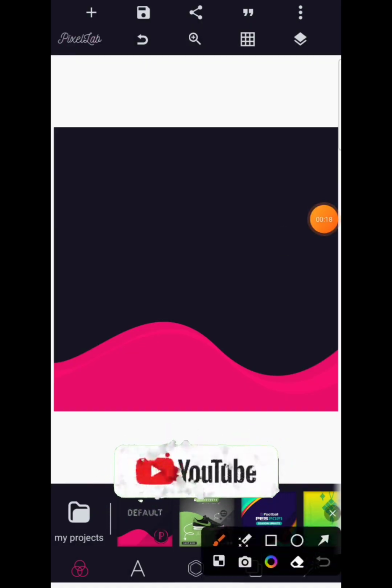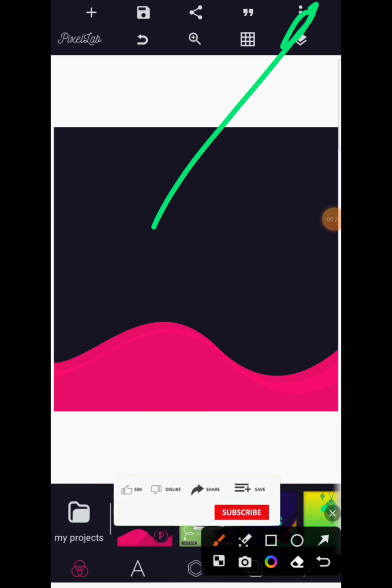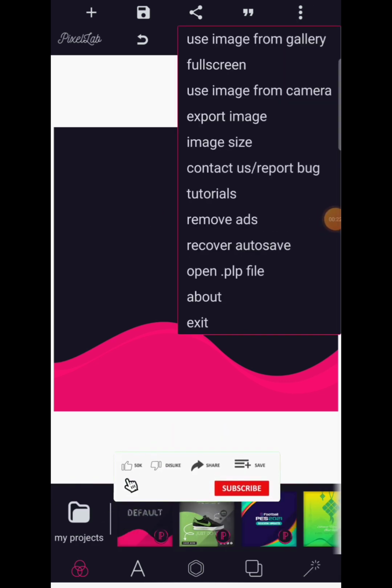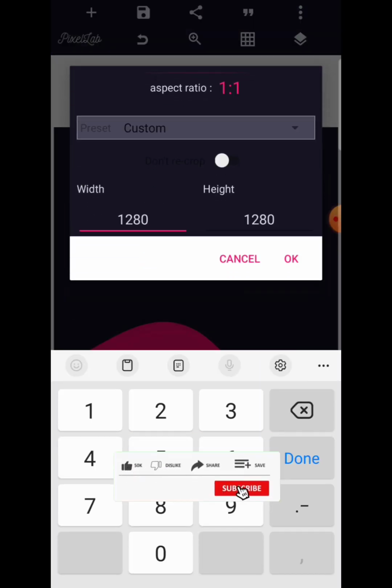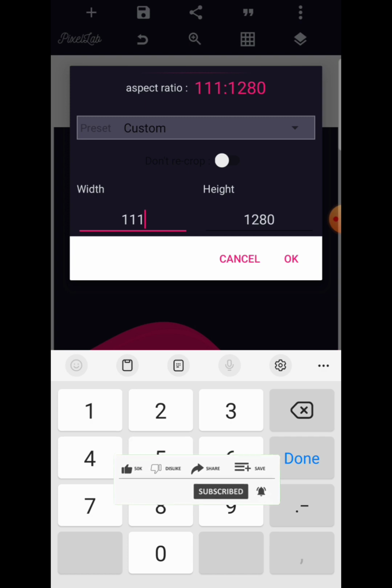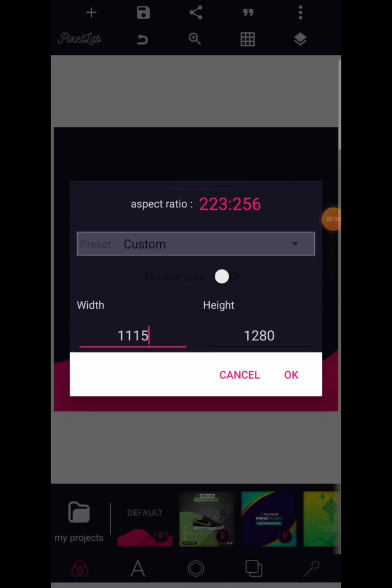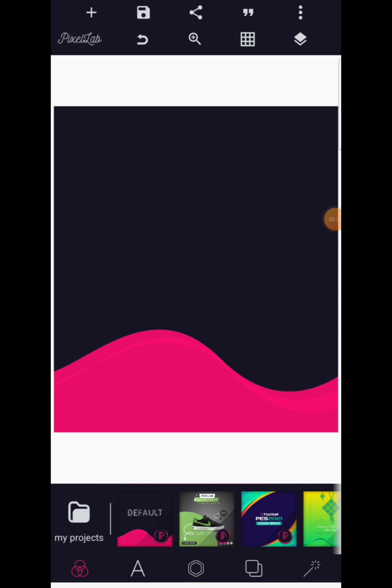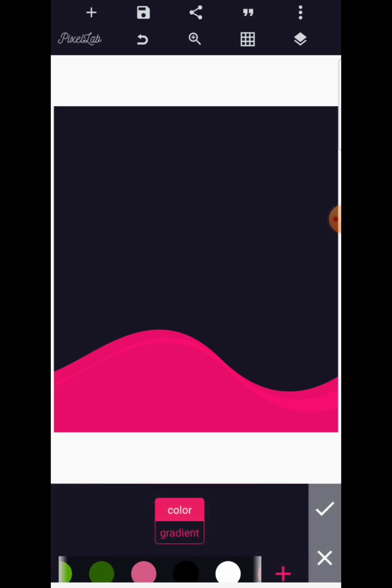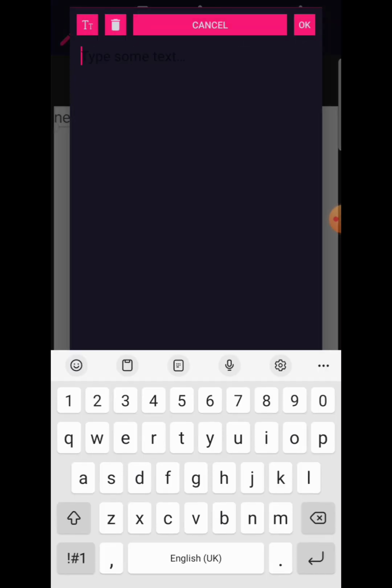So we're going to set our size from here on the three dots, go to image settings. So I just want us to use a size of 1115 by 1280. Okay, so this is fine, and we go to background setting and change the color to brown. So after changing the color to brown, we're going to go to text, double tap to put a new text, and just write match,